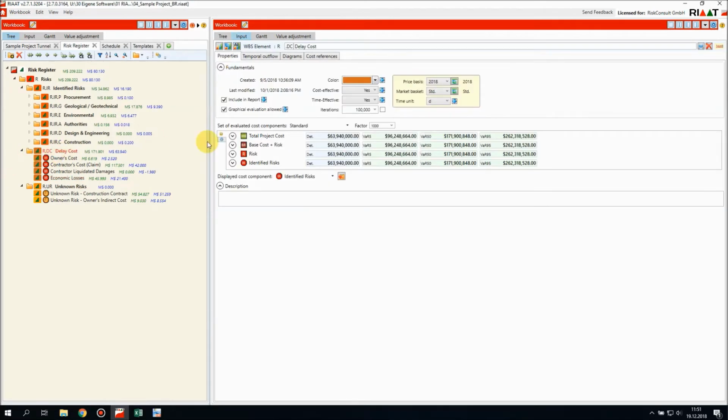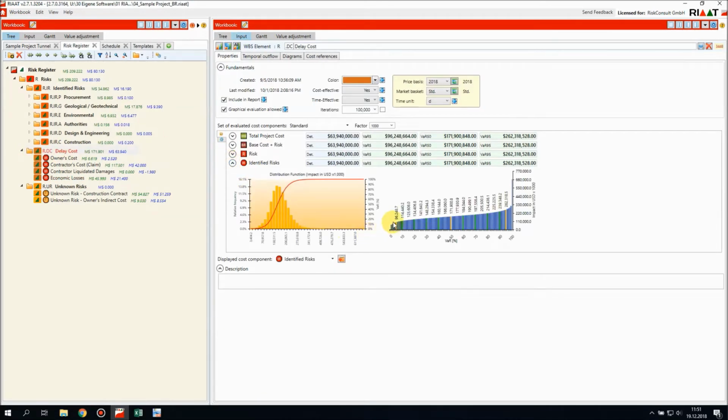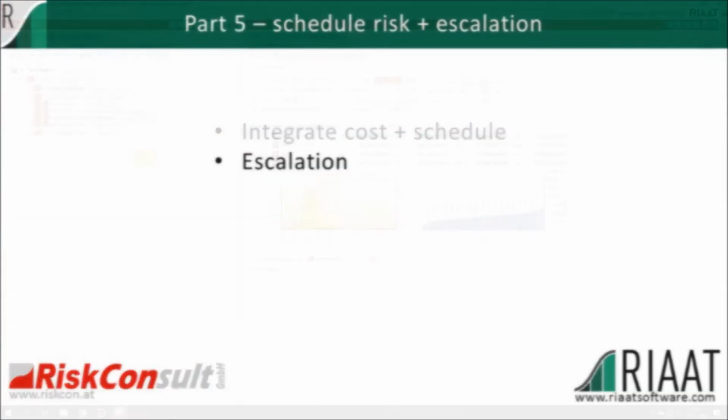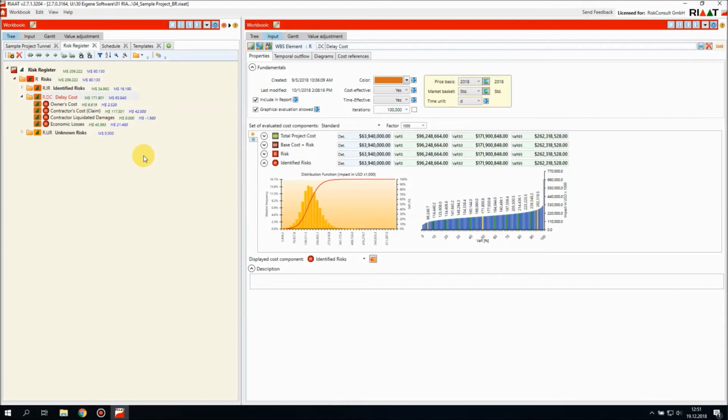All in all, the delay costs are in this project between 96 and 262 million euros. The P50 value is 171 million US dollars. So that is quite a significant amount and should be taken into account in your risk analysis. After connecting our schedule model to the risk cost, we have completed our risk assessment. We have also completed our base cost estimate and our schedule model, so there's just one thing missing, which is